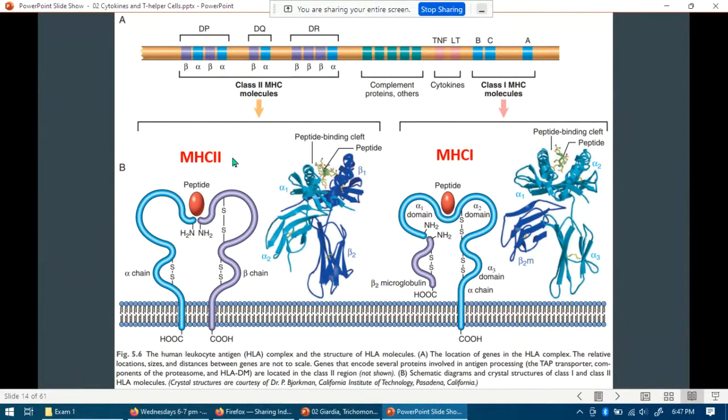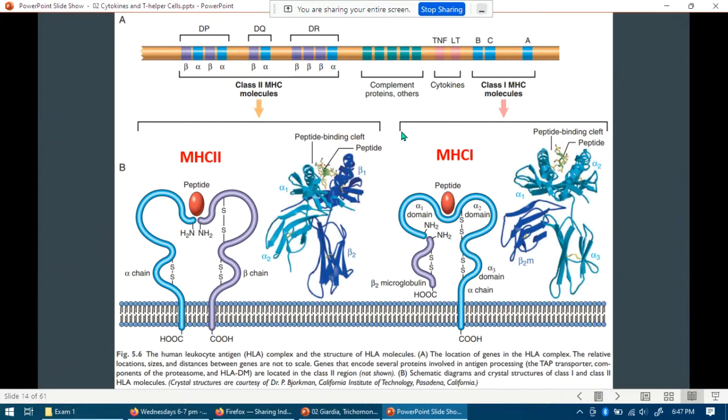Now in humans, so MHC is the major histocompatibility complex, and that is true for both the gene and for the protein. We can call them MHC. But in humans, we get a little more specific. We call it the HLA, the human leukocyte antigen. That is the human variant of MHC. Okay, we'll get more nitpicky about that for the next exam, but this figure just kind of shows you